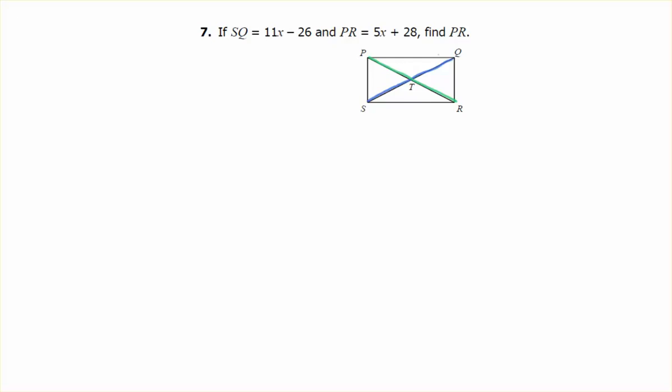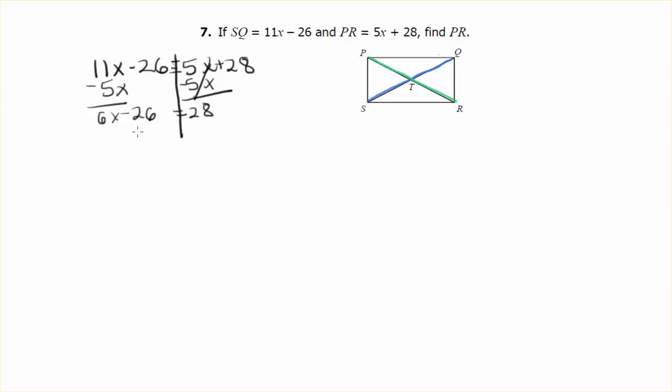So if you remember the properties of a rectangle, it says that our diagonals are congruent. So since the diagonals are congruent, we're going to set our equations equal to each other. 11x minus 26 equals 5x plus 28. And then we're going to solve algebraically. So remember, there is a brick wall down your equal sign, and you want to do the opposite of what it has there. So this is a positive 5x, so I'm going to subtract it, so that I get 6x minus 26